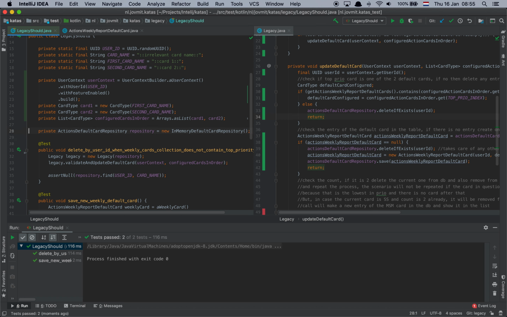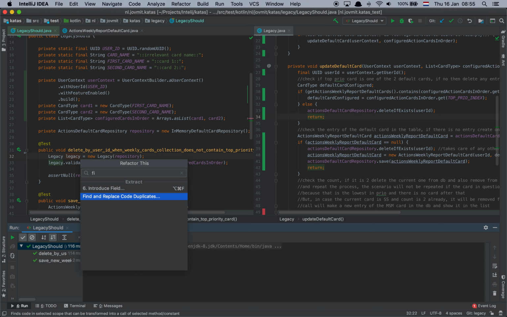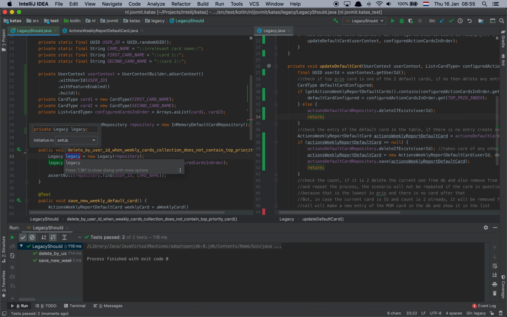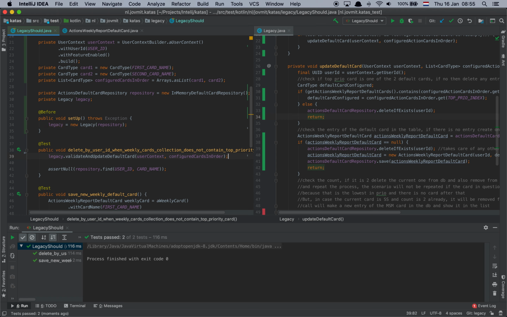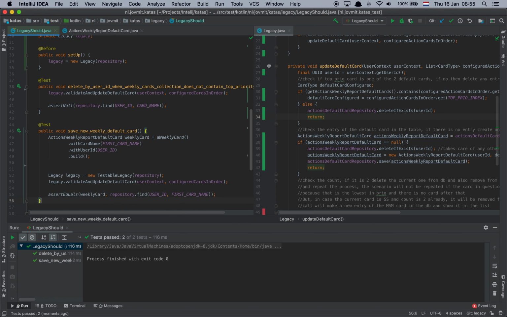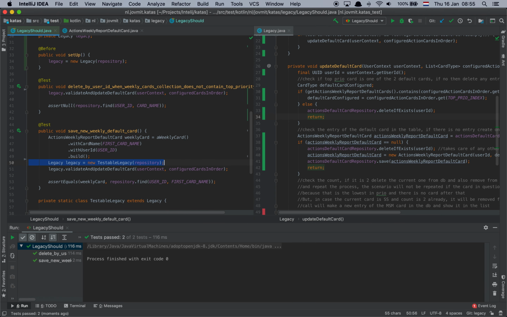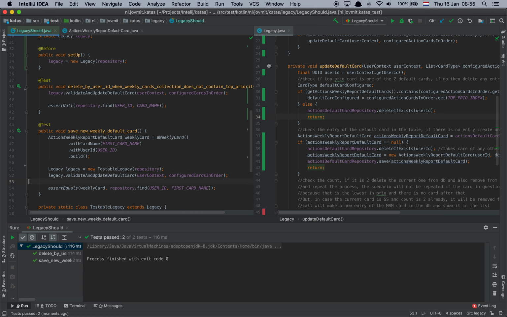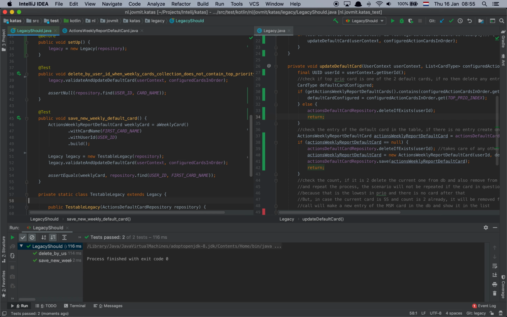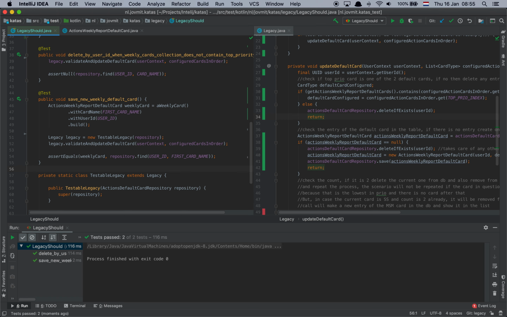Then also what I can do is I can make this a field, initialize it in the setup. I don't need this exception here. Yeah, and there we go. So I think now we're in a better position. Okay, so this one here, I need it still. We're gonna see how to get rid of this, but for now I think,